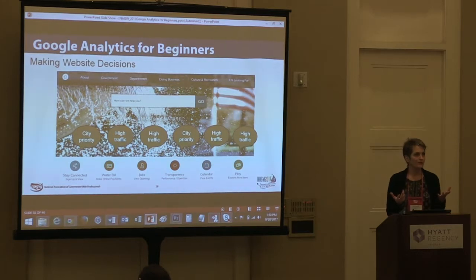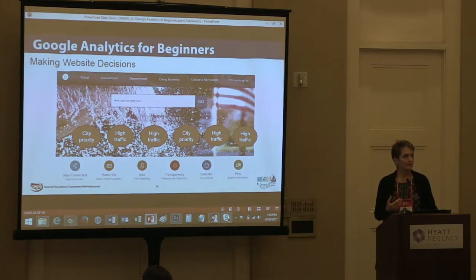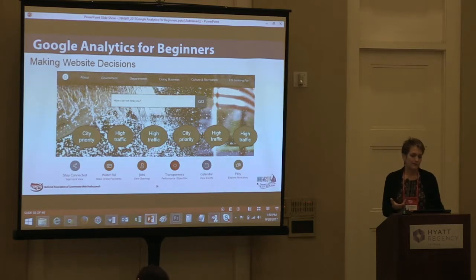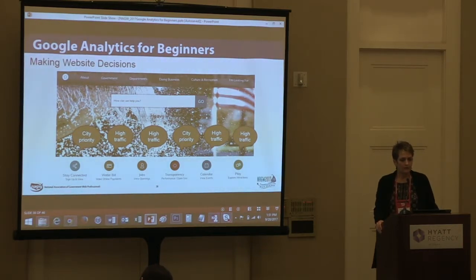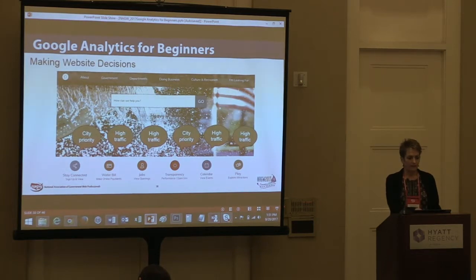Everybody knows about transparency now, but a few years ago, nobody did. A lot of people out in the public may know the concept, but not the word as we know it. And so the city priority of transparency needed to be in our buttons on our main website. Like I said, we redesigned last year, and so we needed to decide what we wanted to put here. We had some items in some buttons before, but since we're redesigning, we can redo things. So we looked at what had high traffic, and then we looked at city priorities.